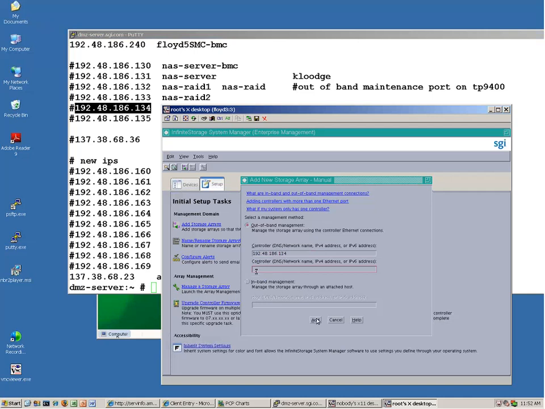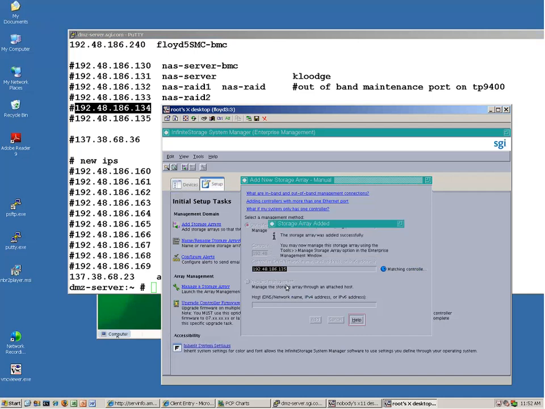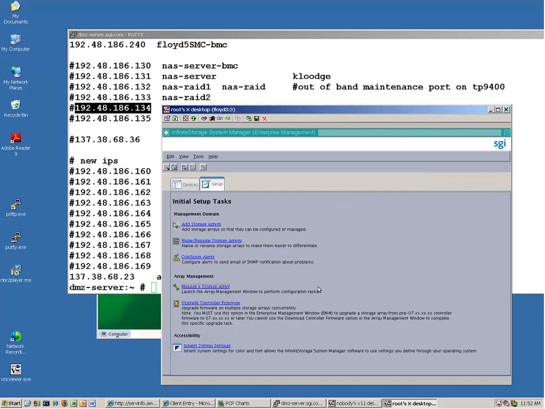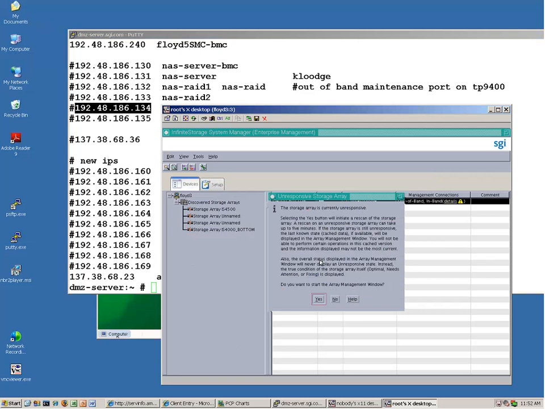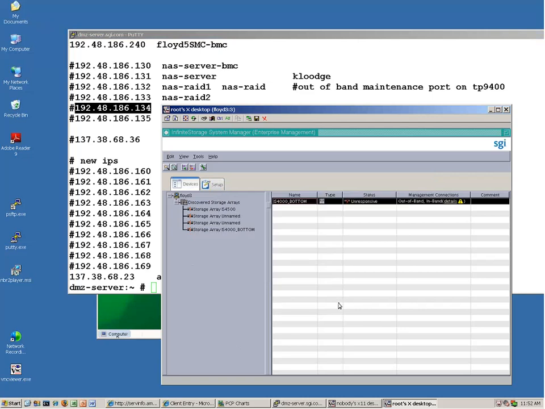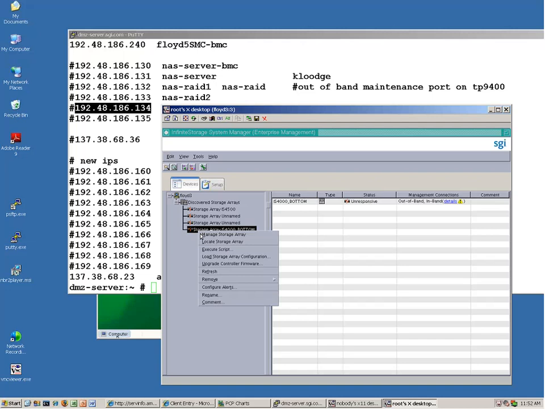And this would be out-of-band management. Let's see what happens here now. In-band would be when it's actually using the HBA. So it looks like it discovered it now as an out-of-band. Let's see what happened here. So let's see if we can get to it now. I'm still having problems with it because of the out-of-band not working or something. I don't spend a whole lot of time in this area. Now, if I go under here, though, once I've got it selected,